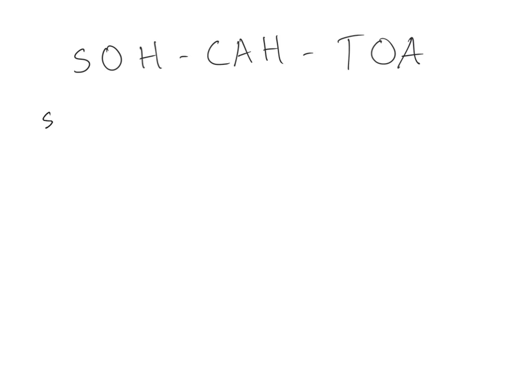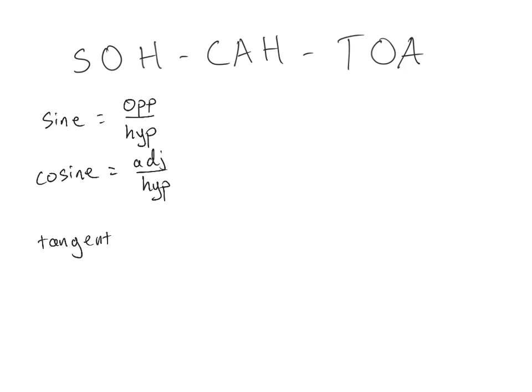SOH means that the sine equals opposite over hypotenuse. CAH is cosine, the adjacent over the hypotenuse. TOA is your tangent, and that is your opposite